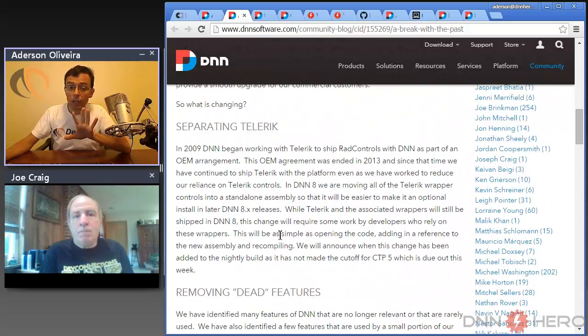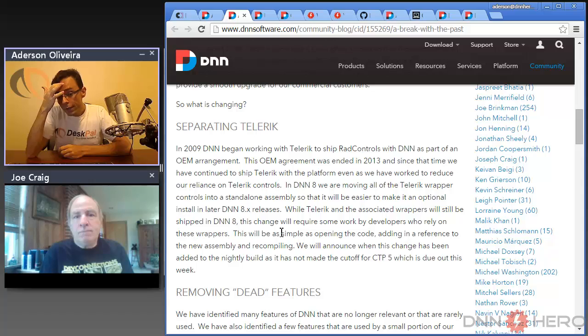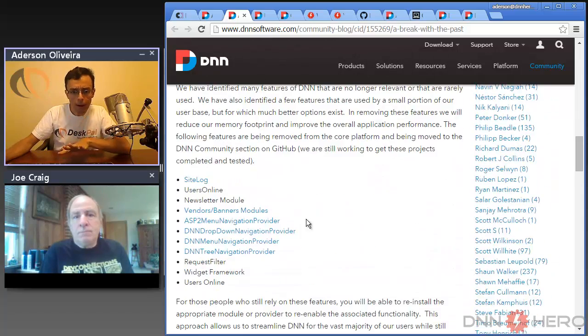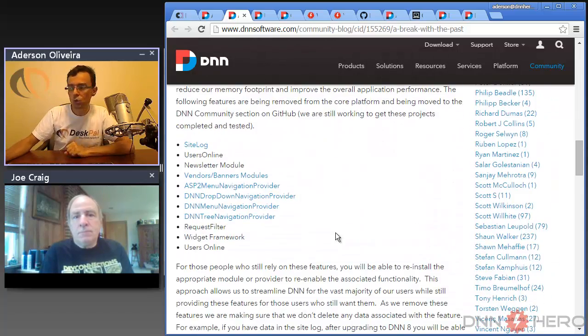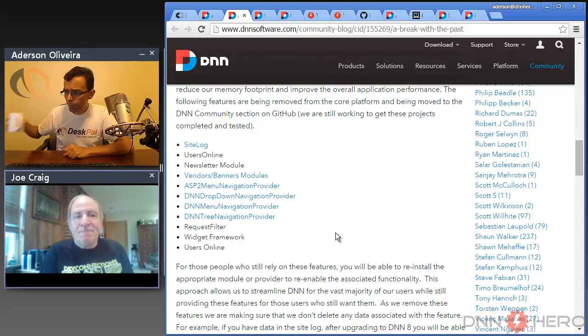Joe talks not only about modules that will no longer be part of the distribution, but also some parts of the code that are legacy and will be completely removed, like the old connection string that used to be there in the web.config as well. There are a few other parts, and this is fully described on this blog post. Joe, any comment on that? Okay, so